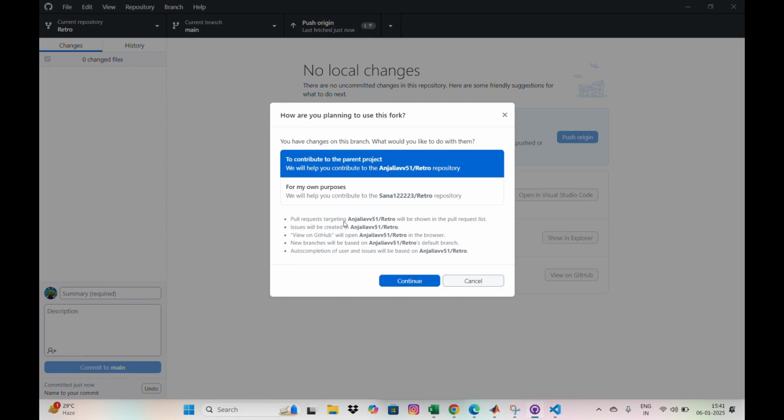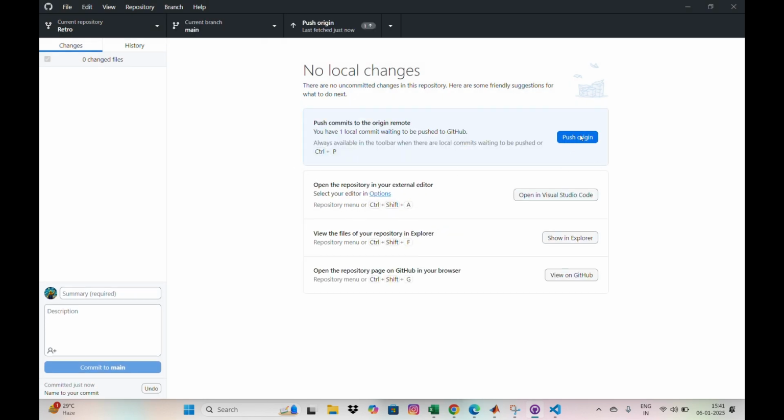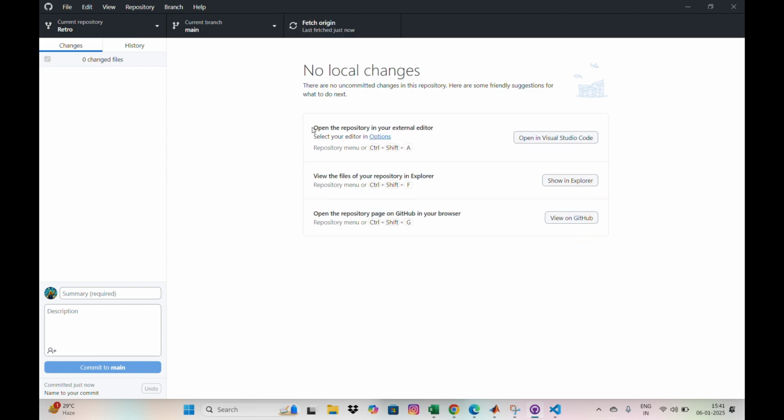Before that, we need to fork this repository into your account and contribute to the parent project. Not your forked repo, which is the duplicate repo inside your GitHub account. So fetch origin each and every time,